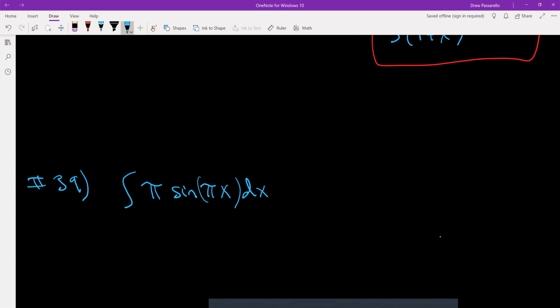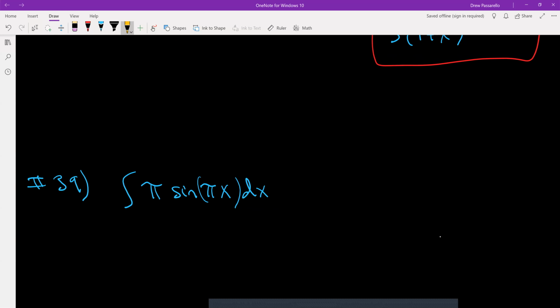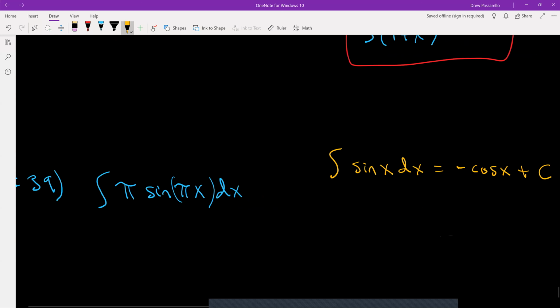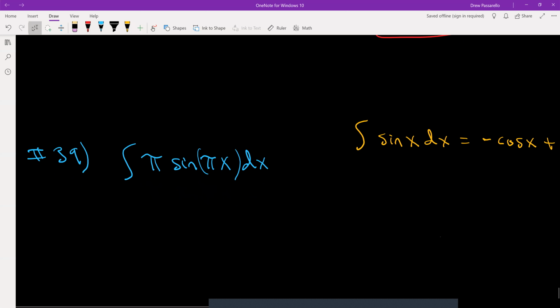Now we know from integration rules, if you integrate sine, you get negative cosine. So the derivative of sine is positive cosine. When you integrate sine, you get negative cosine. So what I'm going to do is, if I let u be what's inside of the parentheses,